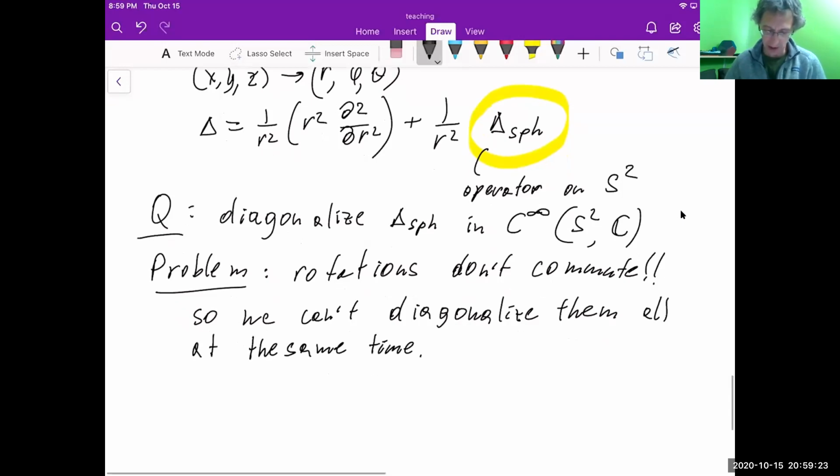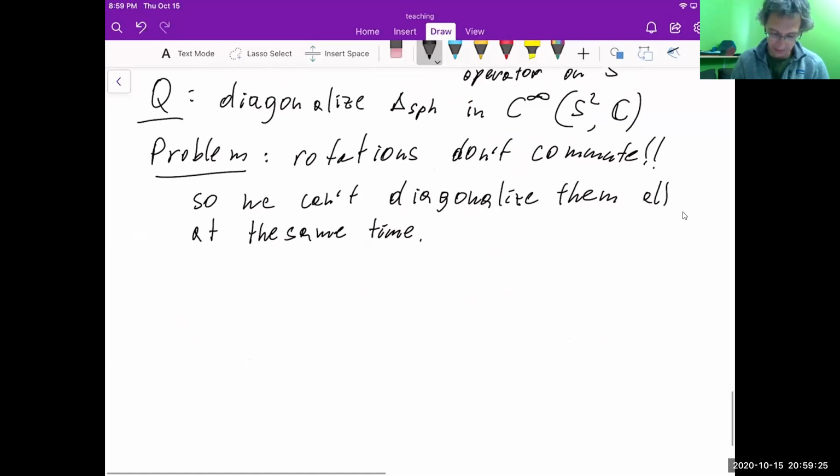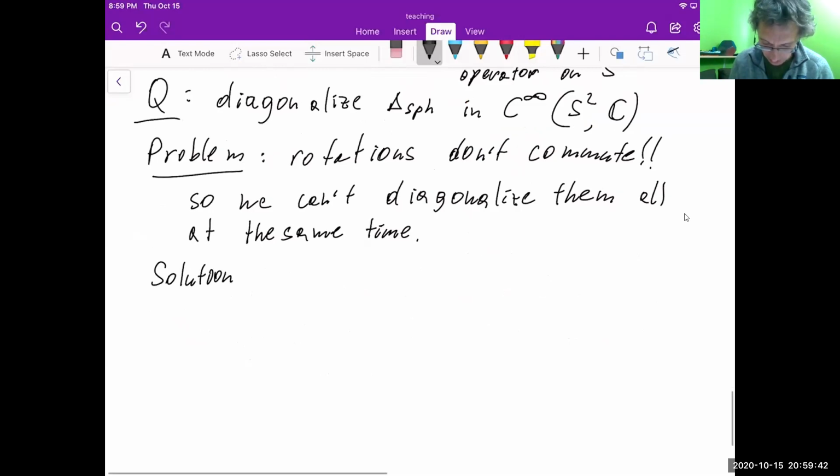So we need something else. And since I have exactly 1 minute left, clearly I cannot properly describe to you what is the right answer to that. But the appropriate solution is that